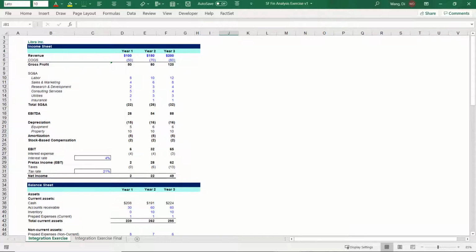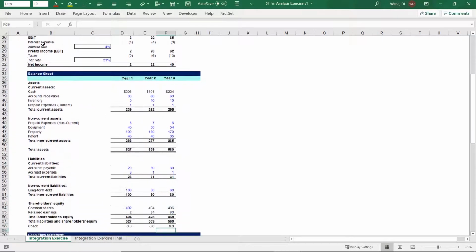Okay, everyone, welcome back to our Excel exercise. And here again, we're using our company Libra Incorporated. As you can tell, we've added a third year here, and we just added some numbers, so increased revenue, increased COGS, and so forth. We're not going to go over all the changes or updates that we made for year 3, as we're focusing this lesson on our